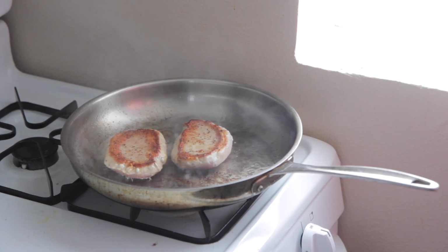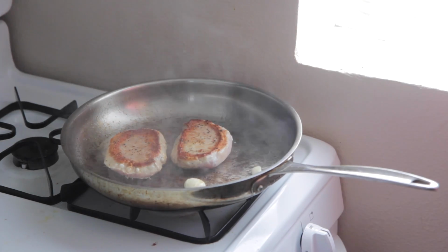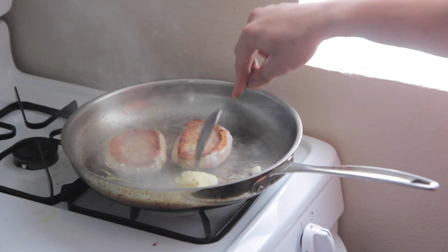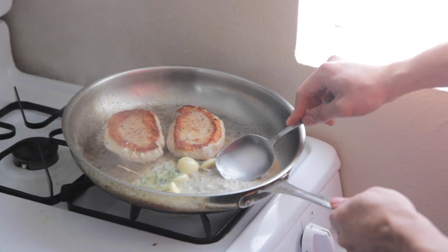And there, we're going to add our garlic, some thyme, and our butter. So now we have this bowl of butter. It's time to baste